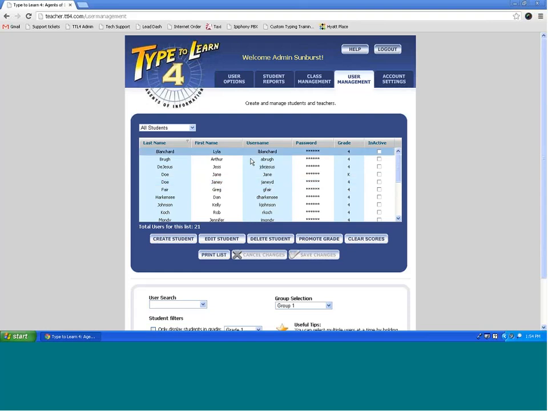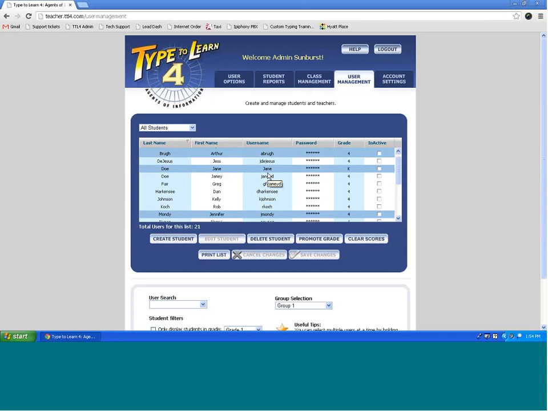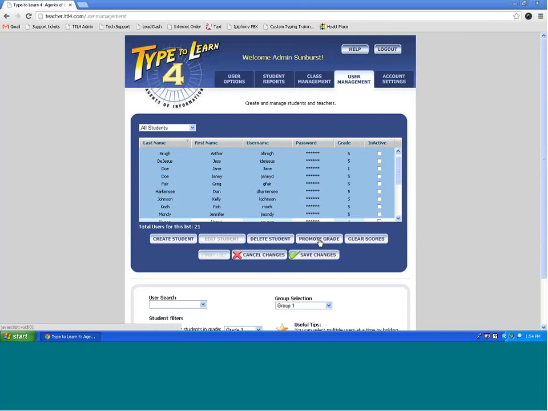You also have the ability to modify different things for your entire class. You can hold the Shift key down and it will select everyone, or as you saw before, I was holding the Control key down and you can select several students without having to select everyone in a row. You can click the Promote Grade button, which will promote all of your students that you've highlighted up one grade. You can also use the Clear Scores button, which will clear all of their current data and start them fresh